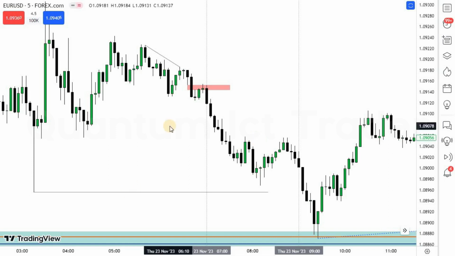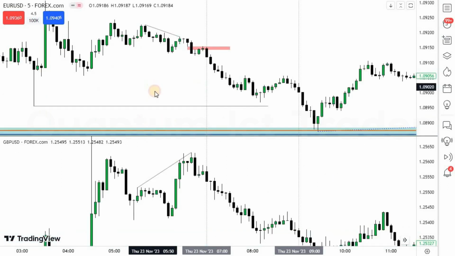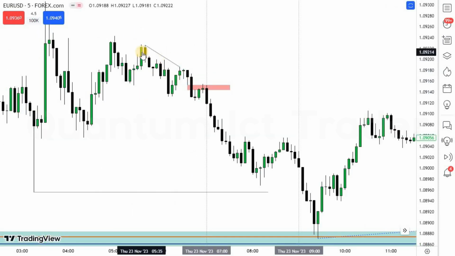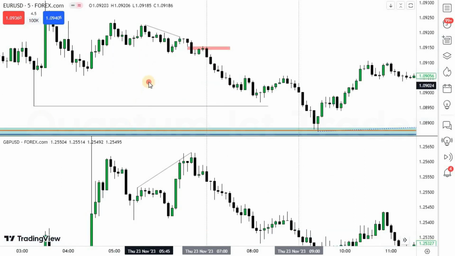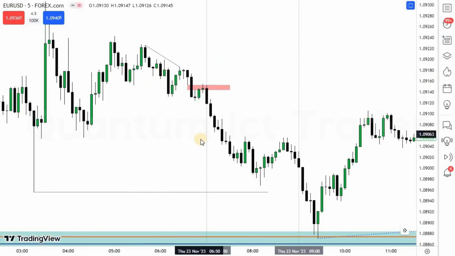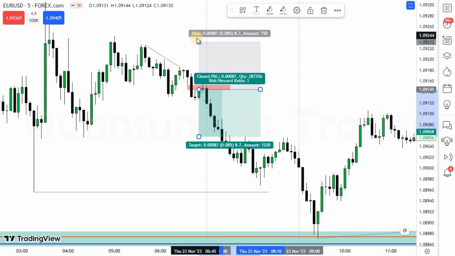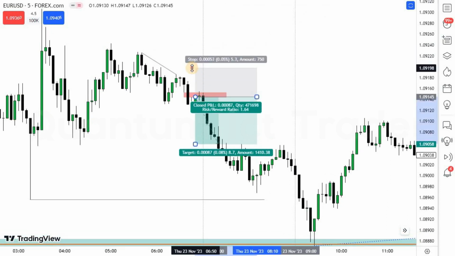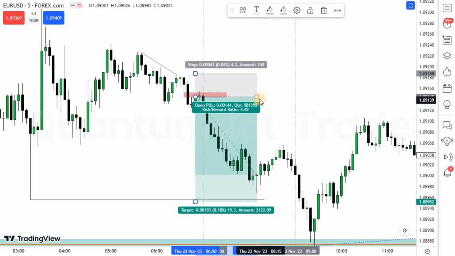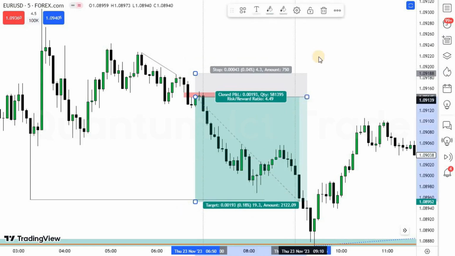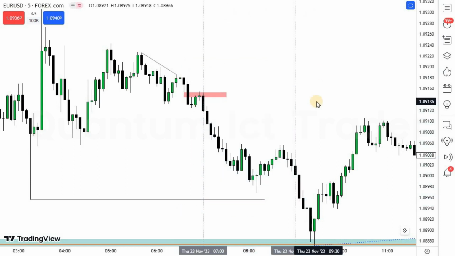So as you can see, what I told you earlier, you must understand the narrative and wait for confirmation. You should have taken this trade on EURUSDT, because EURUSDT was weaker than GBPUSDT, and you won't need to worry about that stop loss. You could see price never hit the stop loss before reaching your target here. Okay, so yeah, let's show you another example on 10 to 11 AM.